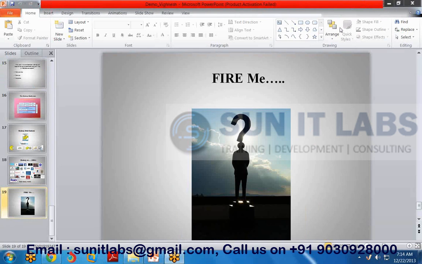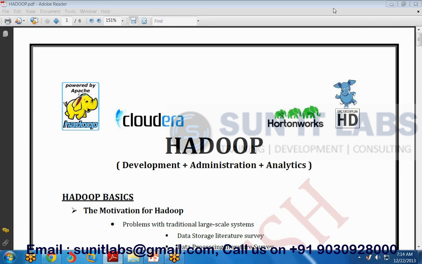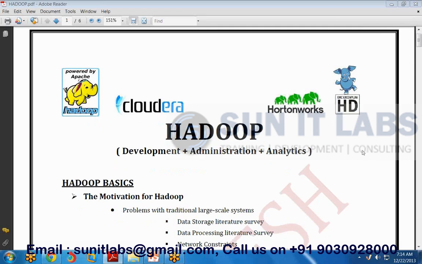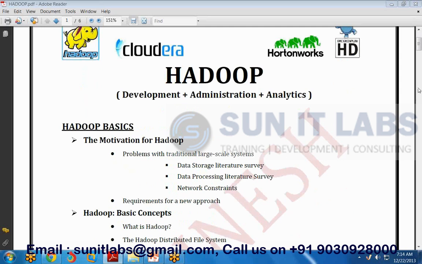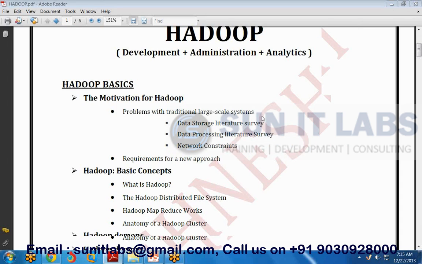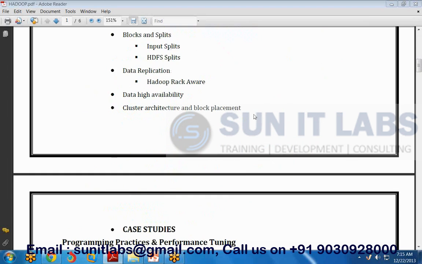So I'll just show you the contents, what will be discussed now. So this is the journey with development. Right, okay, fine. It will be quite good if you just type your queries over here, so there will not be any echoes or disturbance. So these are all the contents, the basic Hadoop initially, and later on we'll be